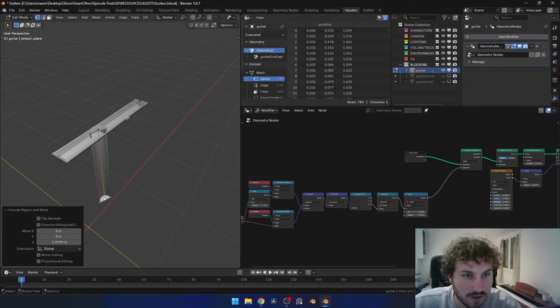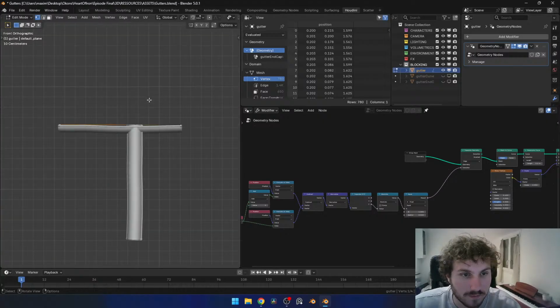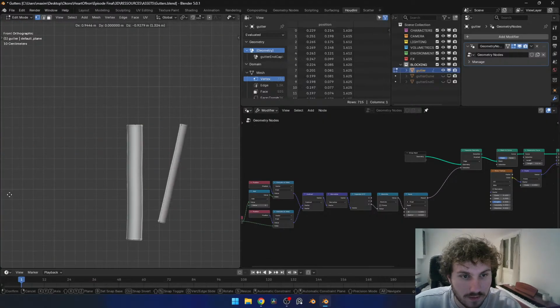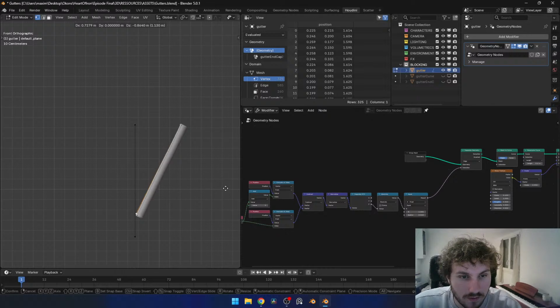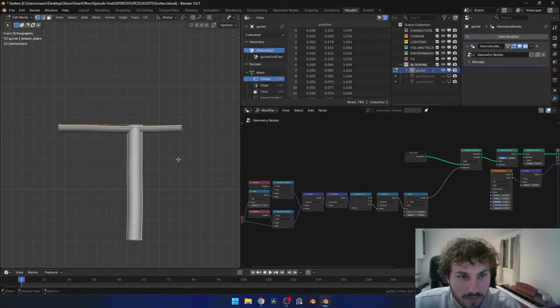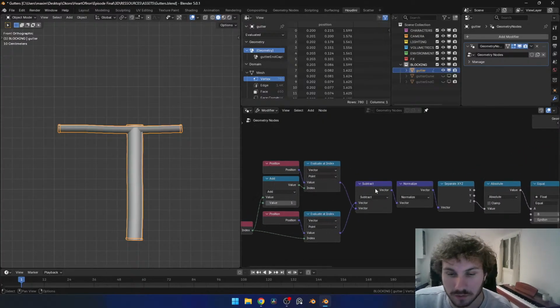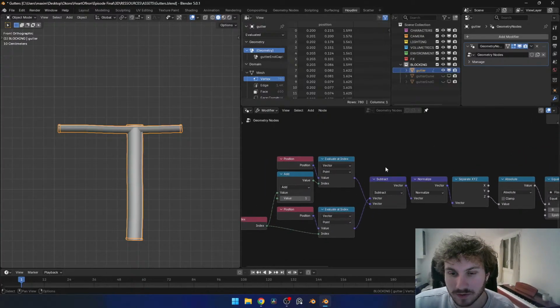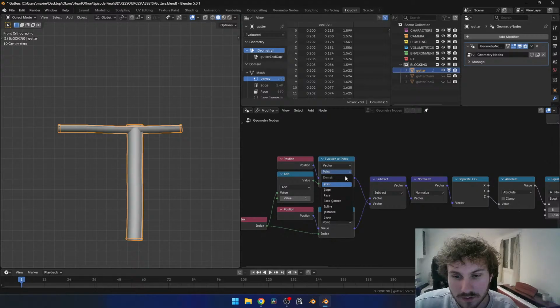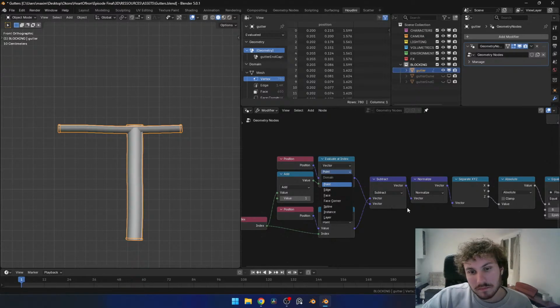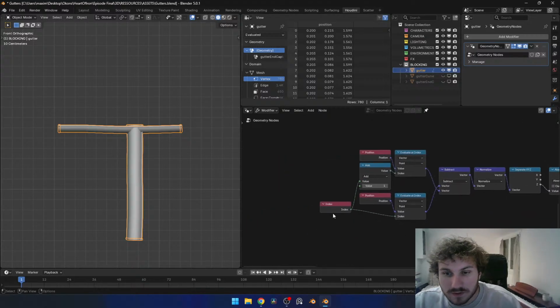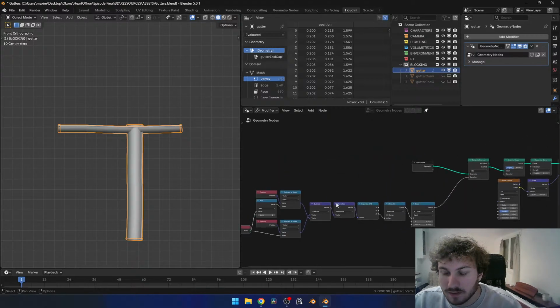No, it should be working. Doesn't make any sense. Okay. So something is wrong. Something is wrong. What can I do on the edge? Maybe the point. Or maybe we can split everything like